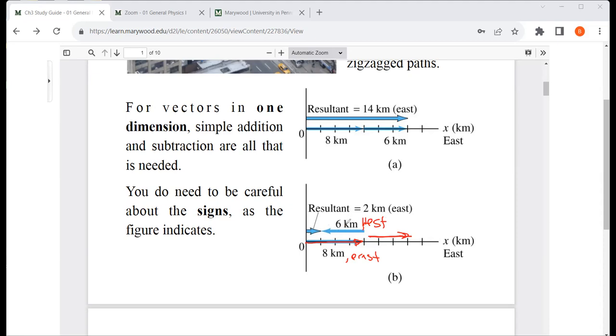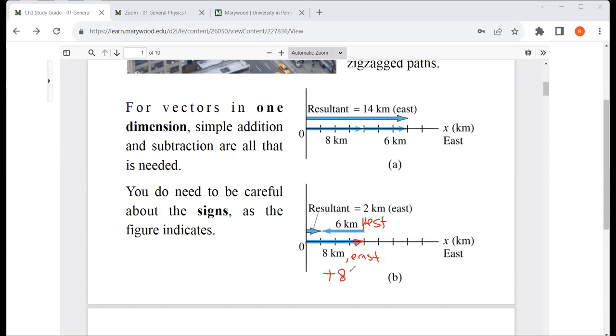Okay, so the displacement for the second part is 6 kilometer west. Okay, now if I want to know what is the resultant displacement, or sum of these two vectors, so this is one vector, this is another vector, so if I want to know what is the displacement, the sum of these two vector, then what I have